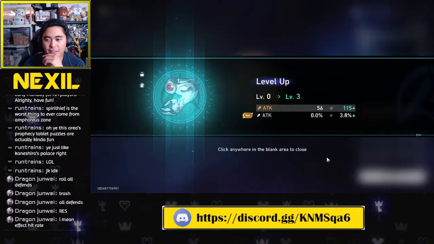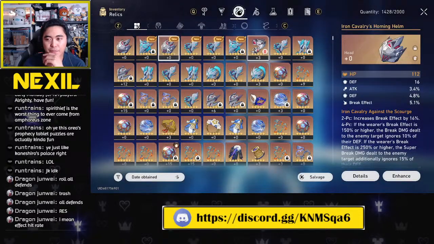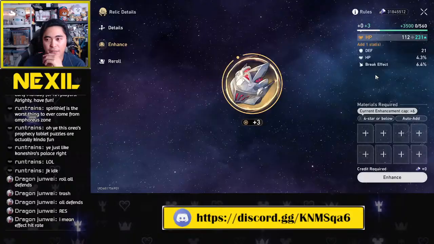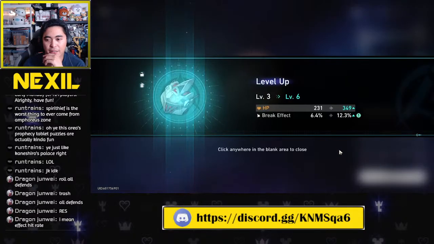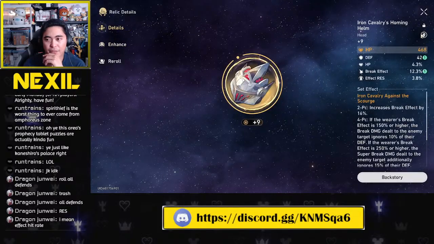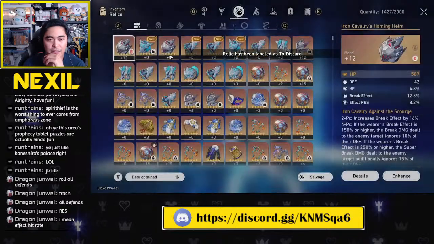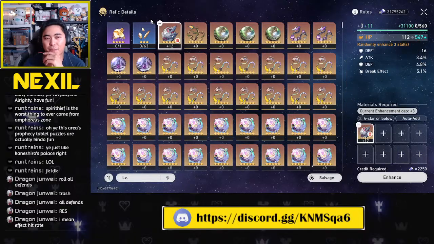This has to be break. Attack percent? Nope. Not even Fugue would use that. This has to be speed. Effect res, and now it can only hit into break. Nope. We'll roll it one more time. Nope. This can only roll into break. Literally all, well, maybe attack percent will slide, but like...